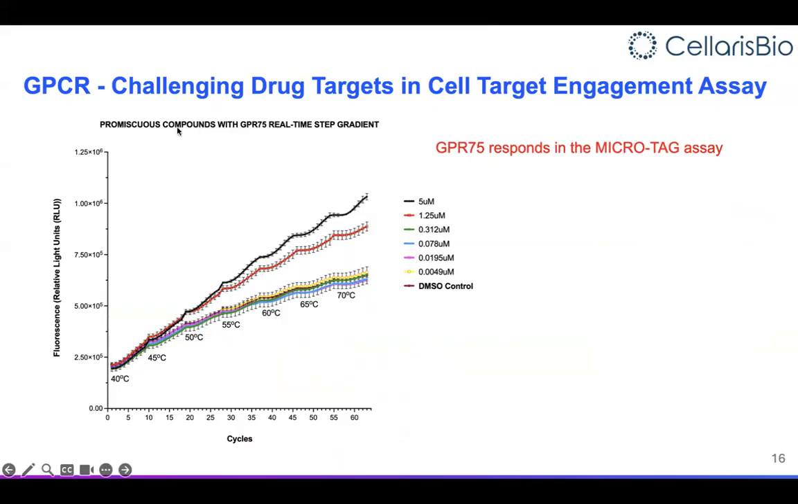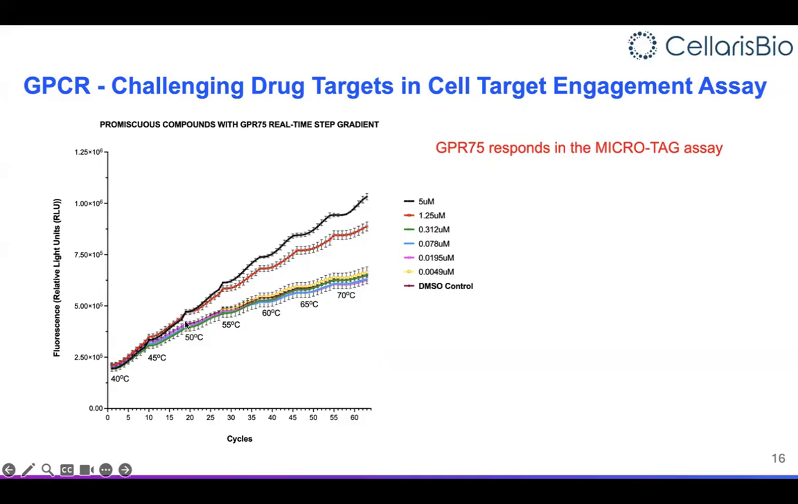And the way we do this is we have in-house a pool of 10 promiscuous compounds that we test during our assay development phase for our targets. And this is a step gradient that was run with GPR75 in the presence of increasing concentrations of promiscuous compounds. And so what you can see is that at about